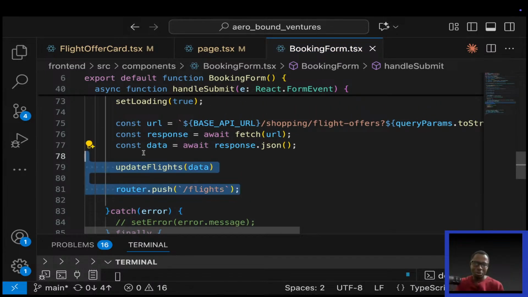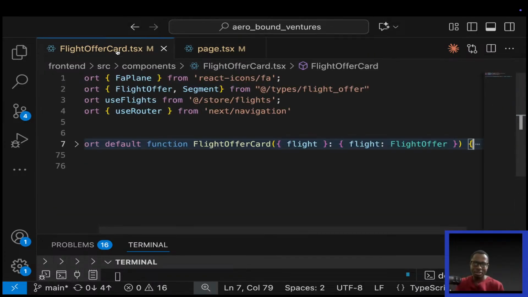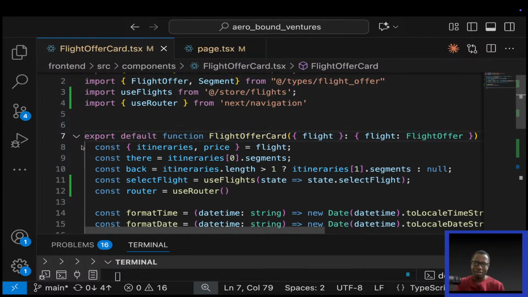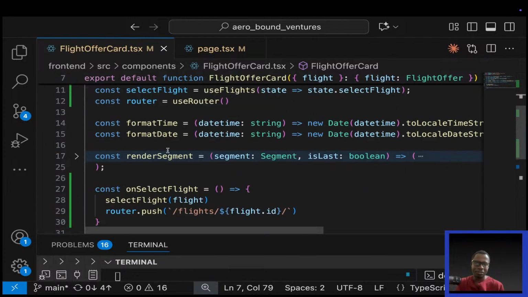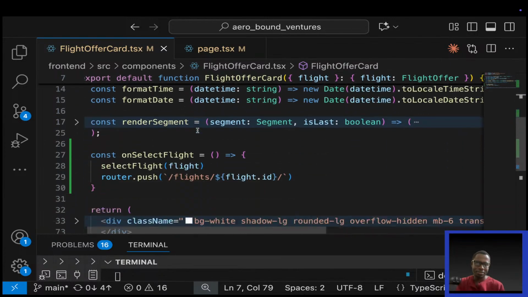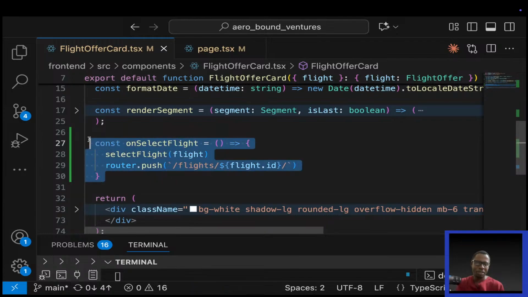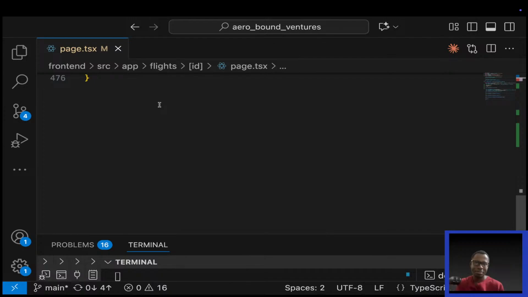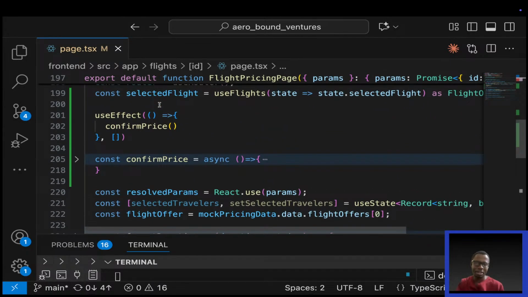So we move to the flights page. I'll delete this. Where we render these flight cards. And when we click on a flight card, we go to the particular flight, which is now here, where we are here. So now we just need